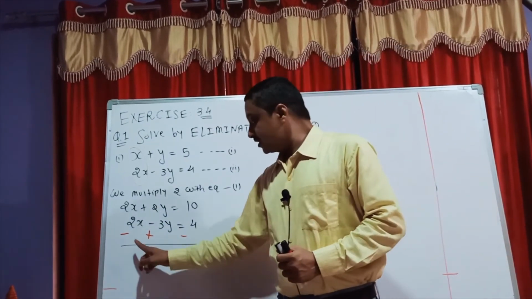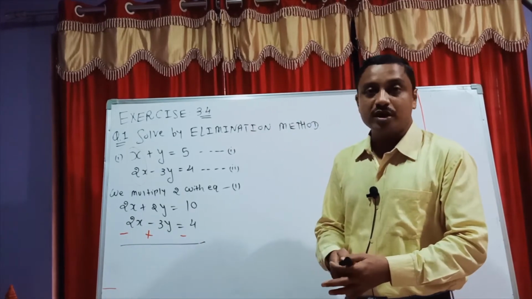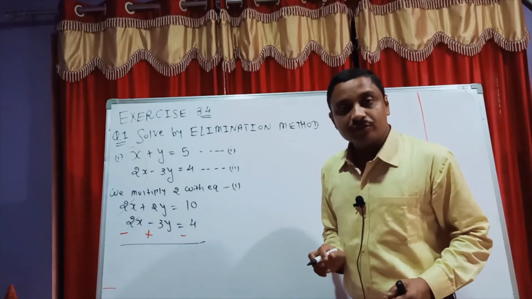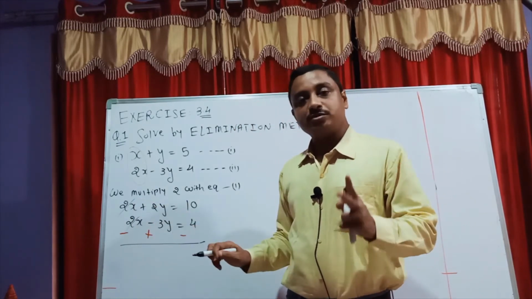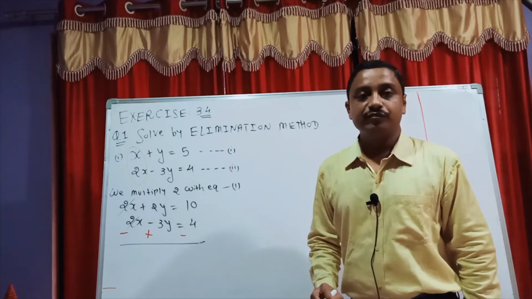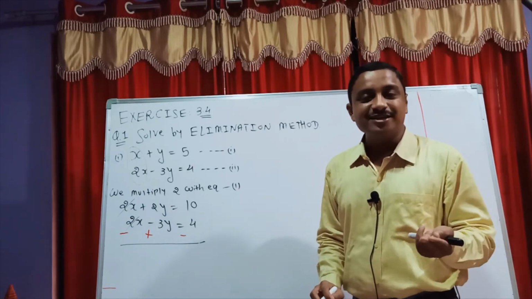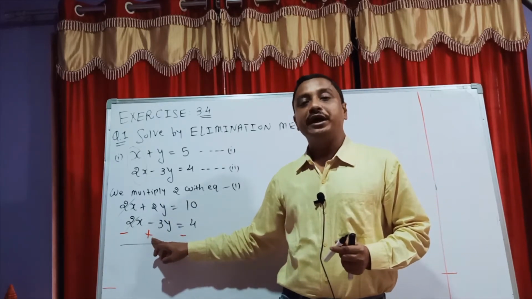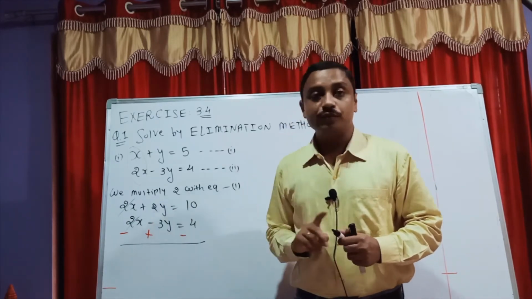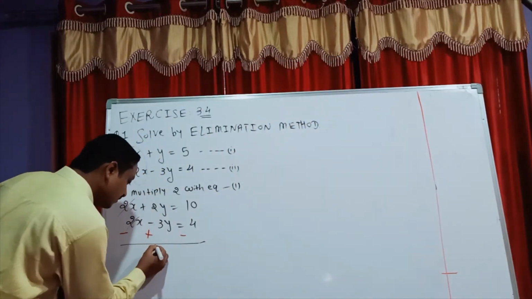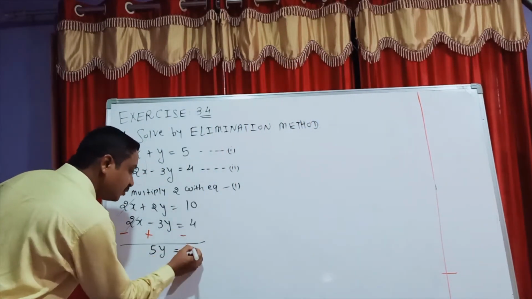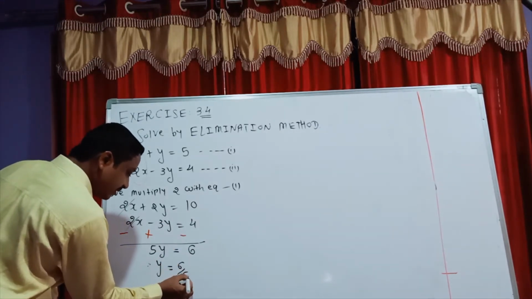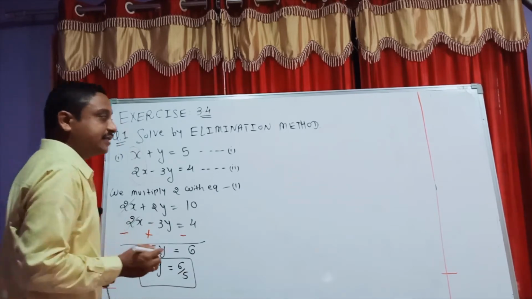After applying that symbol change, students, these two cancel. See, 2x and 2x. Why the symbol change here? Because plus 2x both are given in plus position. Sometimes if you cancel directly, then you don't make the symbol change. Now count these two new symbols. Plus 3 plus 2, how much? Yes, it is 5y. And here 10 minus 4, it is 6. So y is equal to 6 by 5. This is my first little answer.